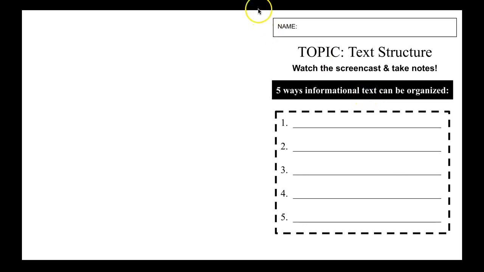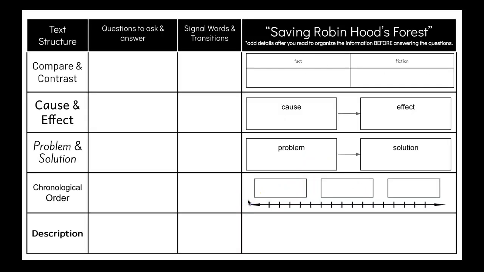You have a foldable. You're going to fold it and crease it along the middle here. Take notes on the front and then on the inside of the booklet as I give you some coinciding slides. You're going to talk about text structure, questions that we ask ourselves and try to answer as we're reading informational text, and signal words that authors use as transitions to help us recognize which of the 5 text structures they're writing about. After you've taken all the notes, you're going to go log into Achieve and read an article called